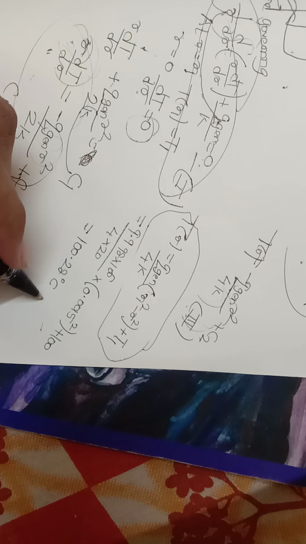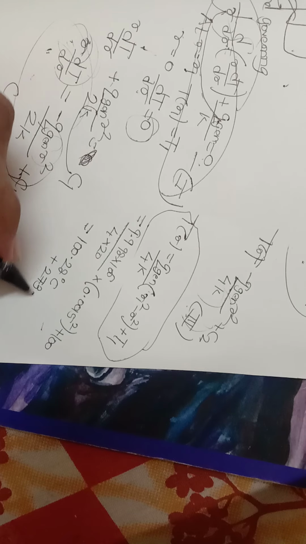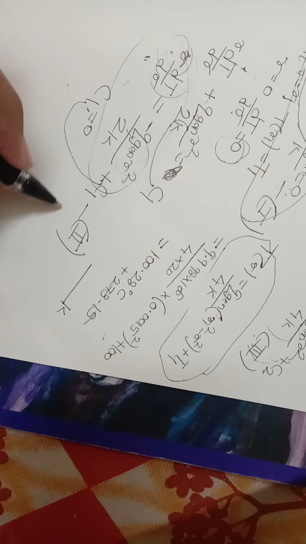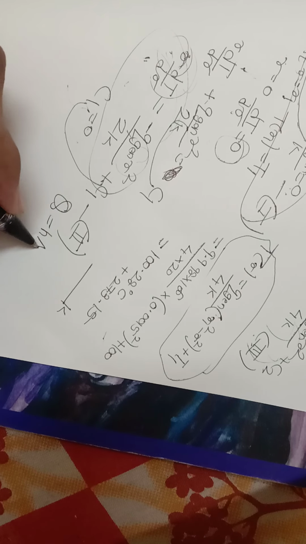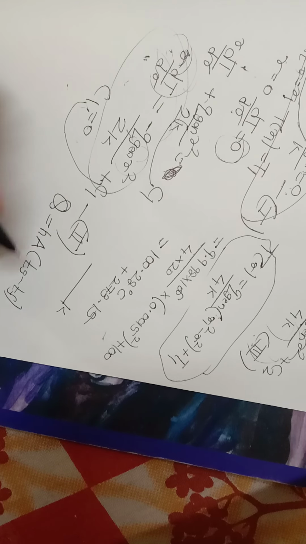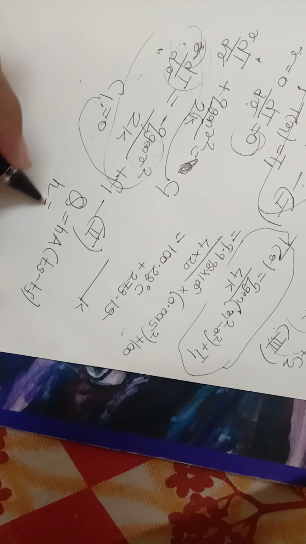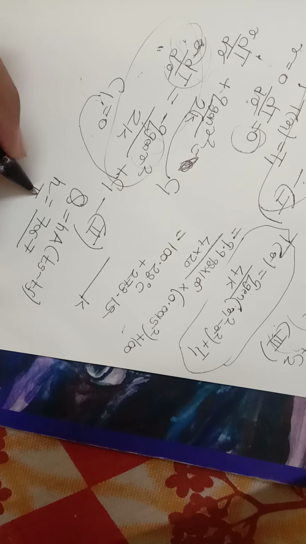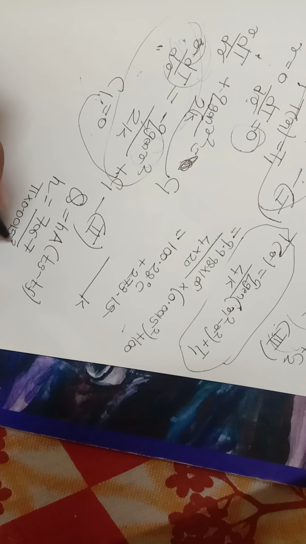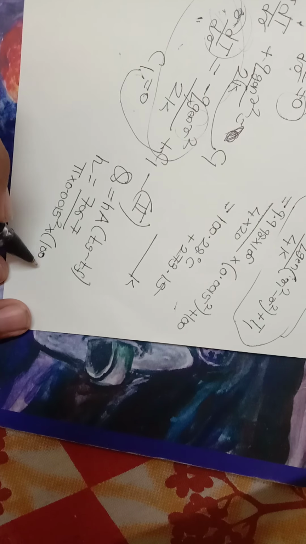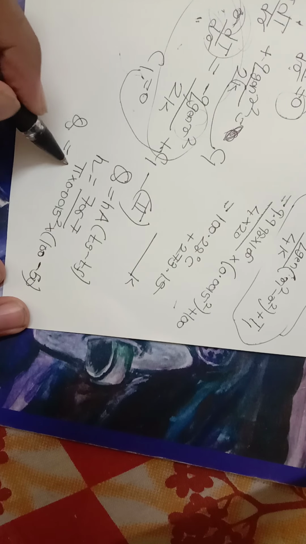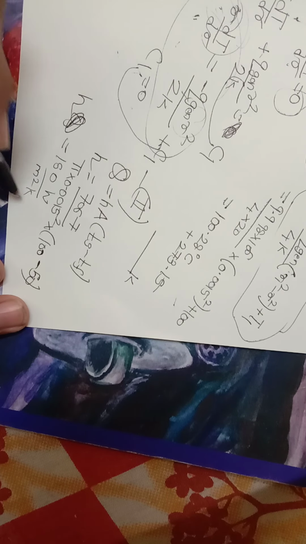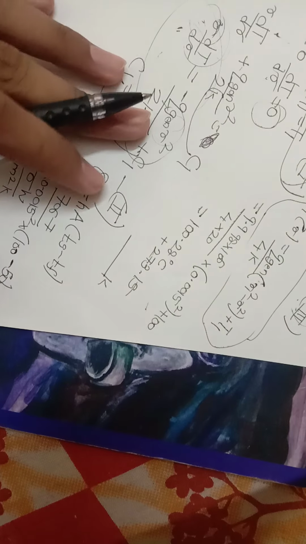If you want to convert it in terms of Kelvin, then add 273.15. And then to find q, now the final stage, q is equal to hA times (Ts minus TF). So what is h we have to find. q we know, 7067, A we know, pi r square, 0.005 square, into 100 minus 50. So we will get h in watt per meter square Kelvin. So these are the first two sums.